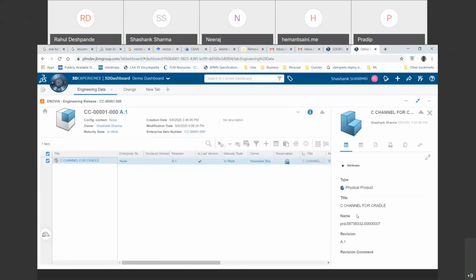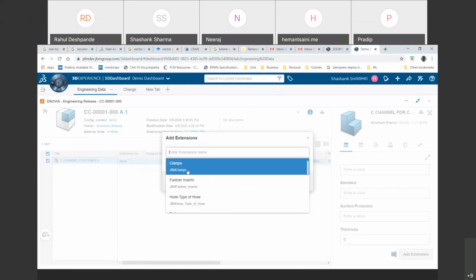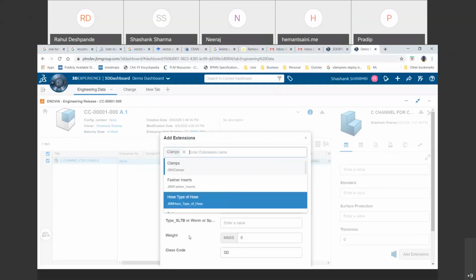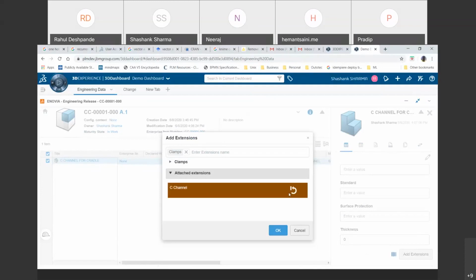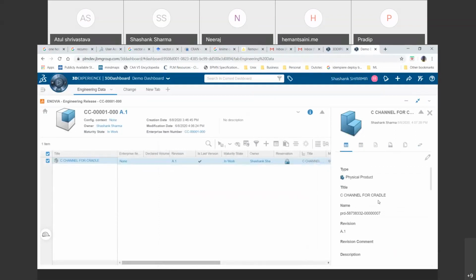Rather, I will add something else instead of cchannel, because otherwise I will not be able to show you the differences. I'll call this clamp.